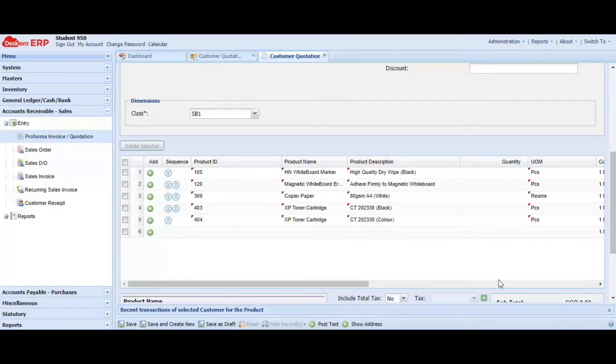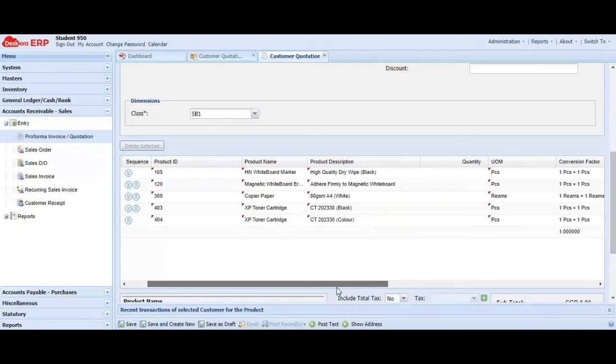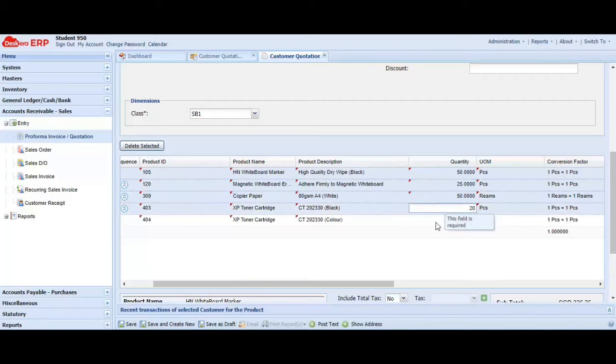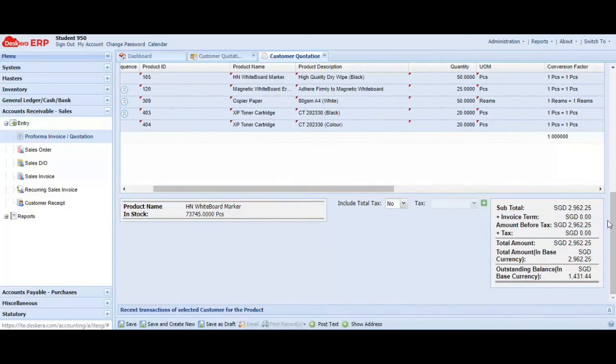So once the item list is generated, just make sure that you have selected the correct ones. Okay, just do a quick check. Okay, that's right. Now we key in the quantity. And after you have keyed in the quantity, you can now check the value of this whole sales. And the value shown before tax is